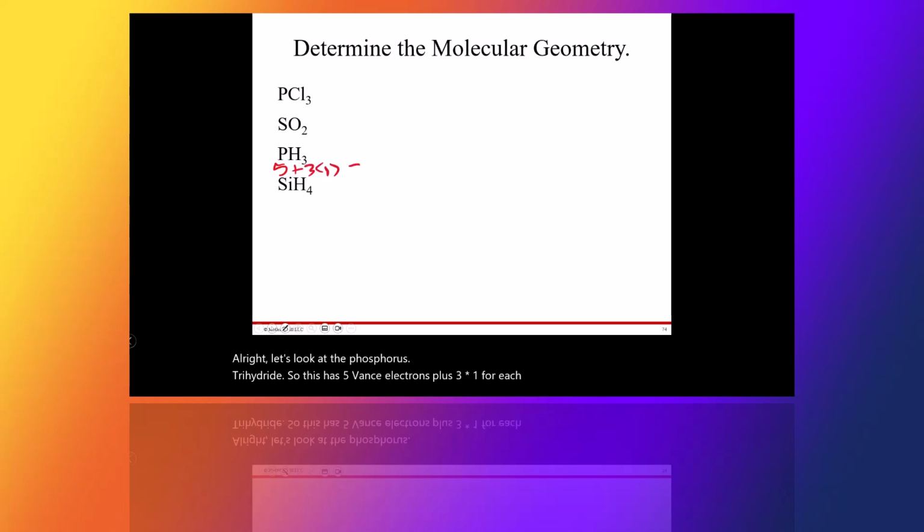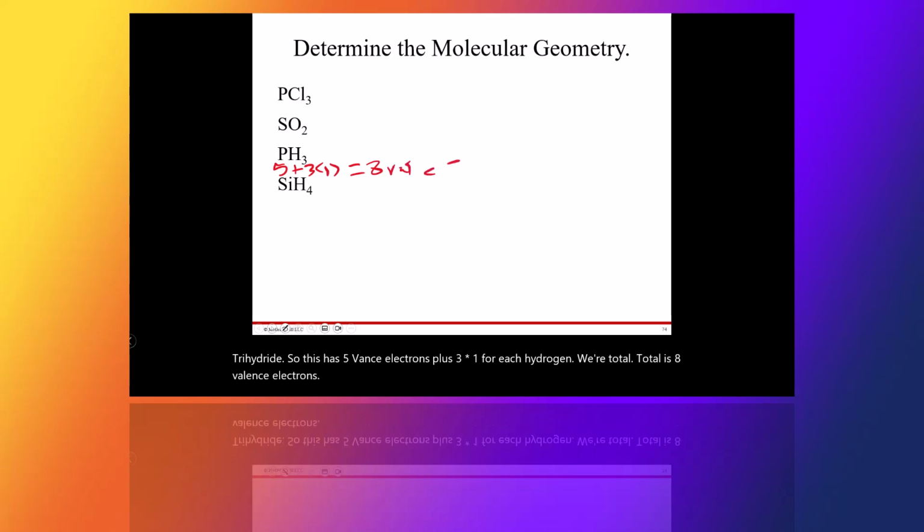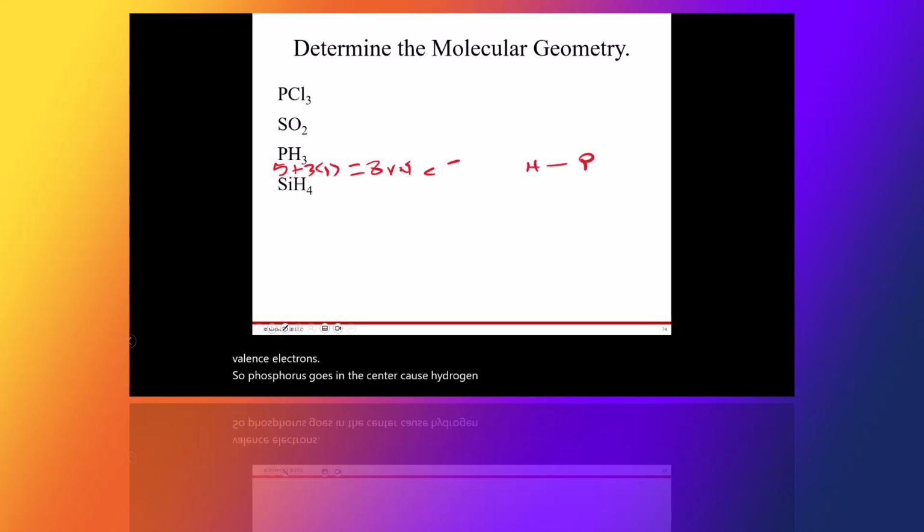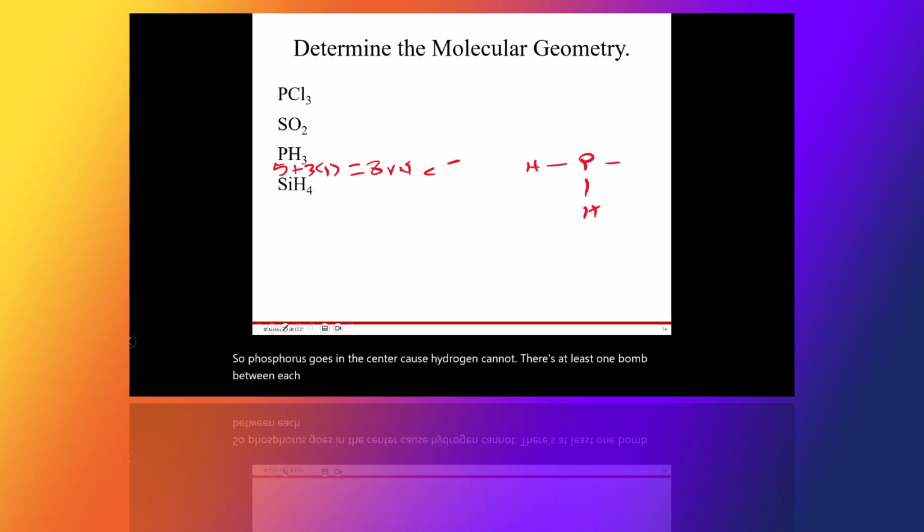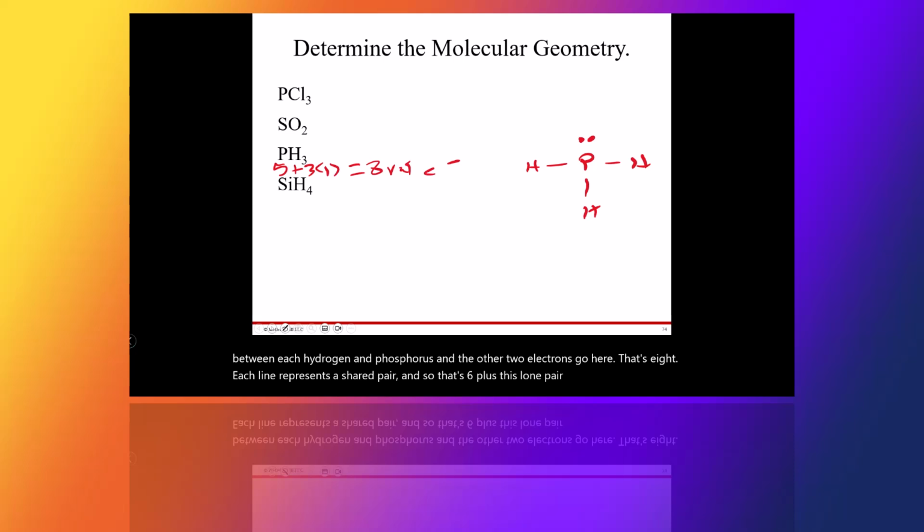That totals 8 valence electrons. So you know phosphorus goes in the center because hydrogen cannot. You know there's at least one bond between each hydrogen and phosphorus. And the other 2 electrons go here. That's 8. Each line represents a shared pair. And so that's 6 plus this lone pair here is 8. That is the correct Lewis structure. And then